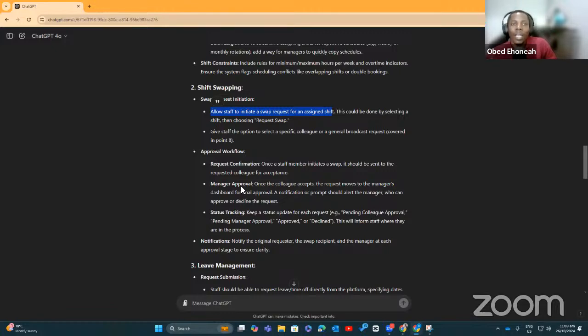As a staff, I want to be able to accept a swap that I'm interested in. That's how your user story is going to read. So for all the users, you should be able to think through it